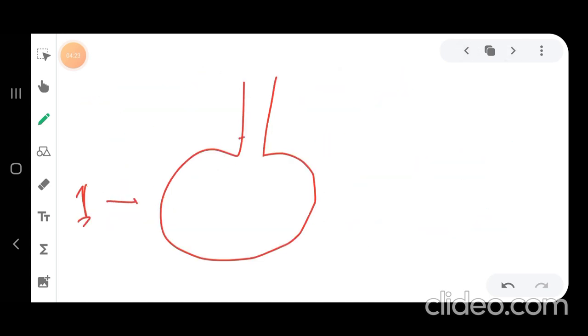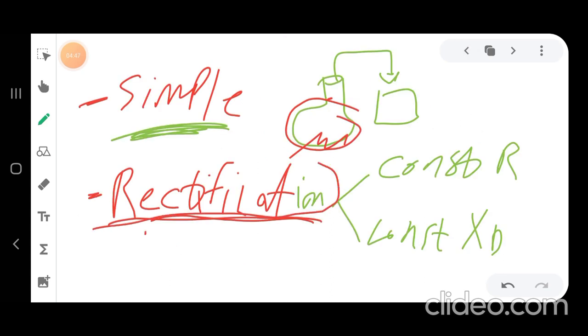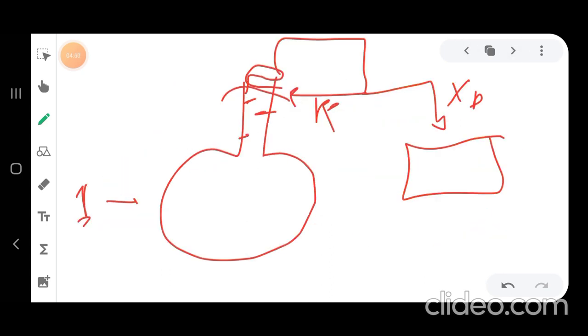If you have here some stages, and then you take the product and you do some reflux, then you collect your product here. So this is the reflux, and you have here XD, the composition of the distillate that you collect here. Then this is called batch distillation with rectification. So rectification means addition of stages. You add some stages here. If you add the stages and you use some reflux to maintain the continuous contact between liquid and vapor,